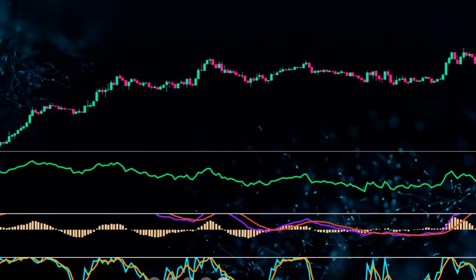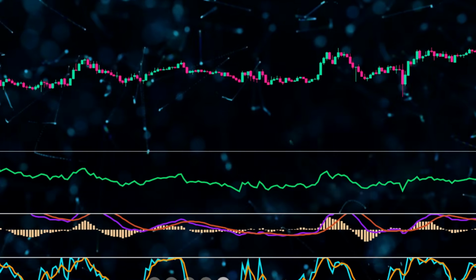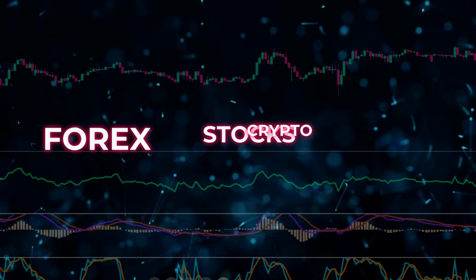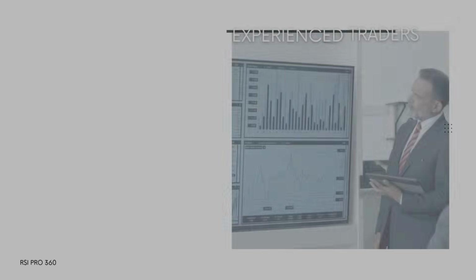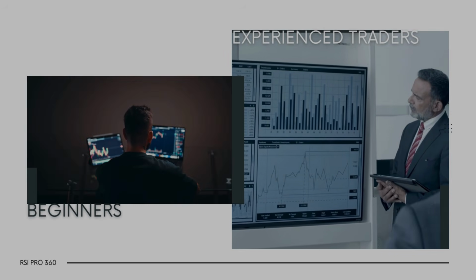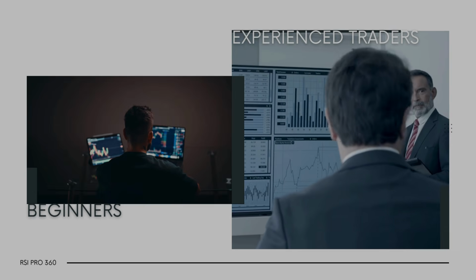Today I'm going to share a super simple yet powerful trading strategy that you can start using right now in Forex, stocks, or crypto. This method works for traders of all levels. Beginners will find it easy to follow, while experienced traders will love its focus on high probability setups that really